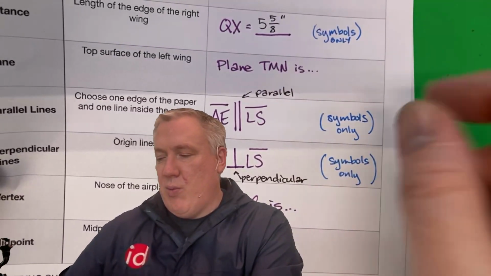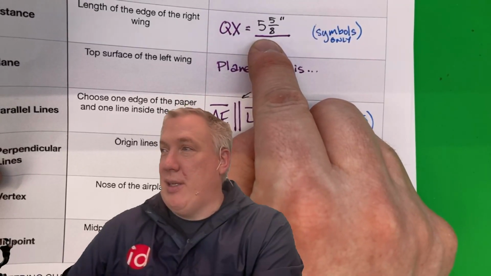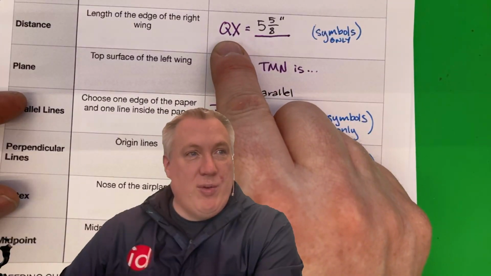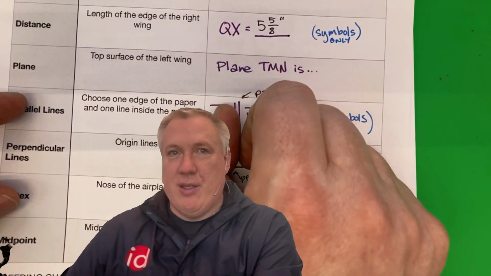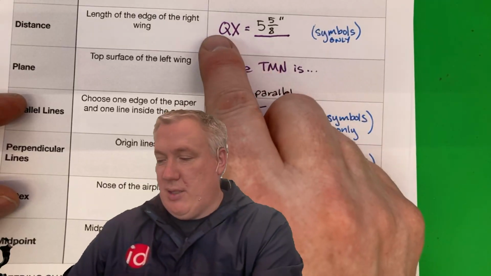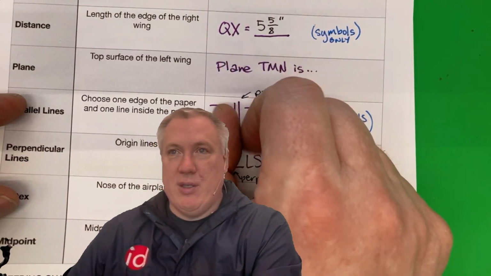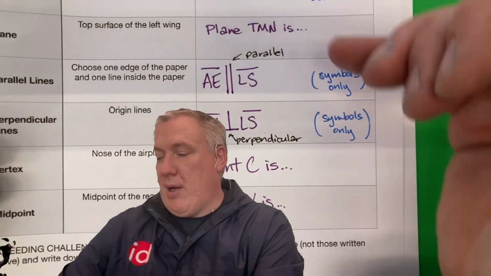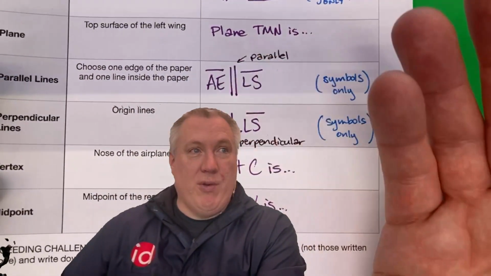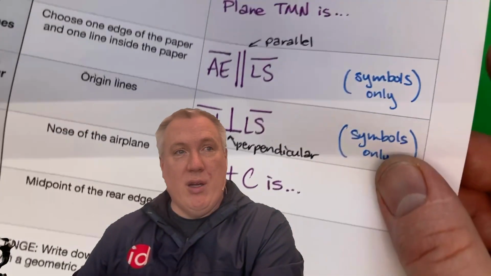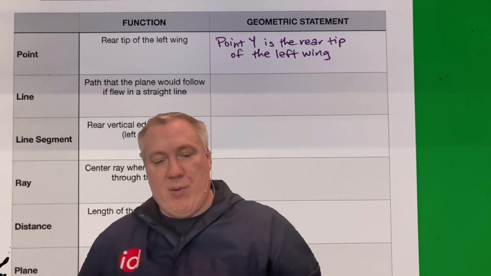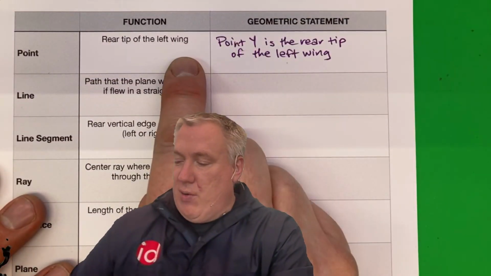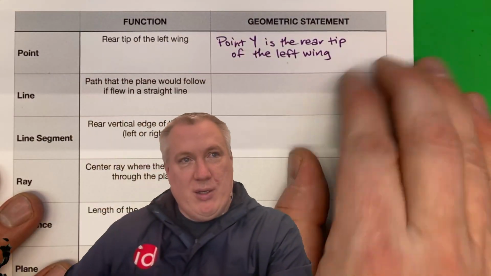There are three of these where the symbols themselves are a complete statement. This says, if I were to read it, the distance between Q and X is 5 and 5/8 inches, because that's what these symbols mean. The distance between Q and X is 5 and 5/8 inches. Is that a whole statement? Yeah, but with symbols. So there are going to be a couple of times where the symbols alone are a complete sentence. They're a full sentence. And at other times, I'll show you this example. Here at the end, I'll even put it all the way up in one on the screen in one shot. But that's the objective, is that you're going to write what the answer is in a complete sentence. What is the statement that you can say